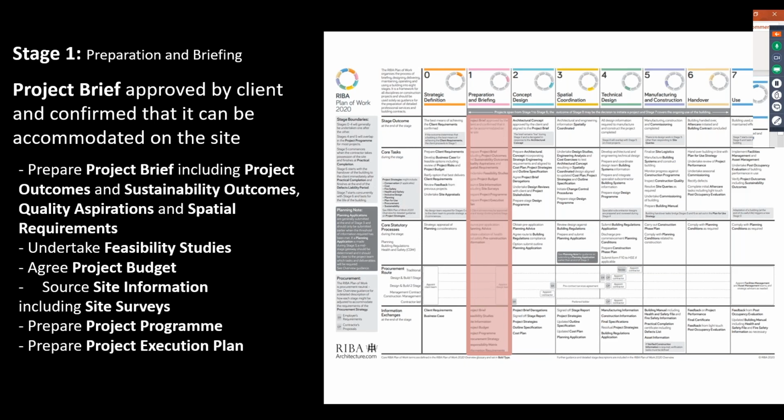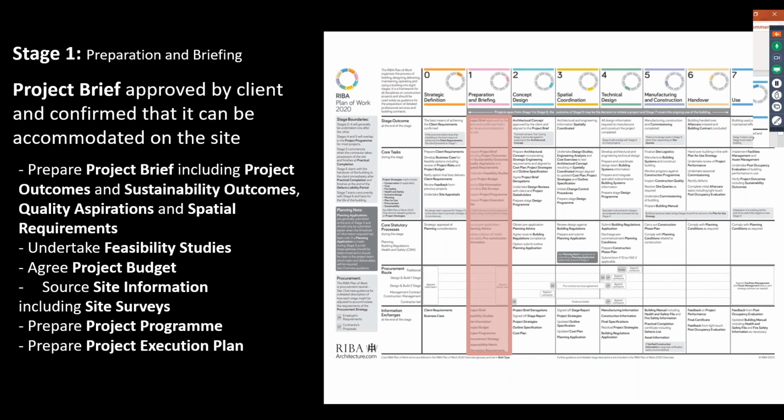and now we're trying to look at developing the project brief, which obviously includes a number of elements like the outcomes the client's trying to achieve, the sustainability outcomes, the quality aspirations, and of course the spatial requirements that the client would like for the building, because of course that is all related